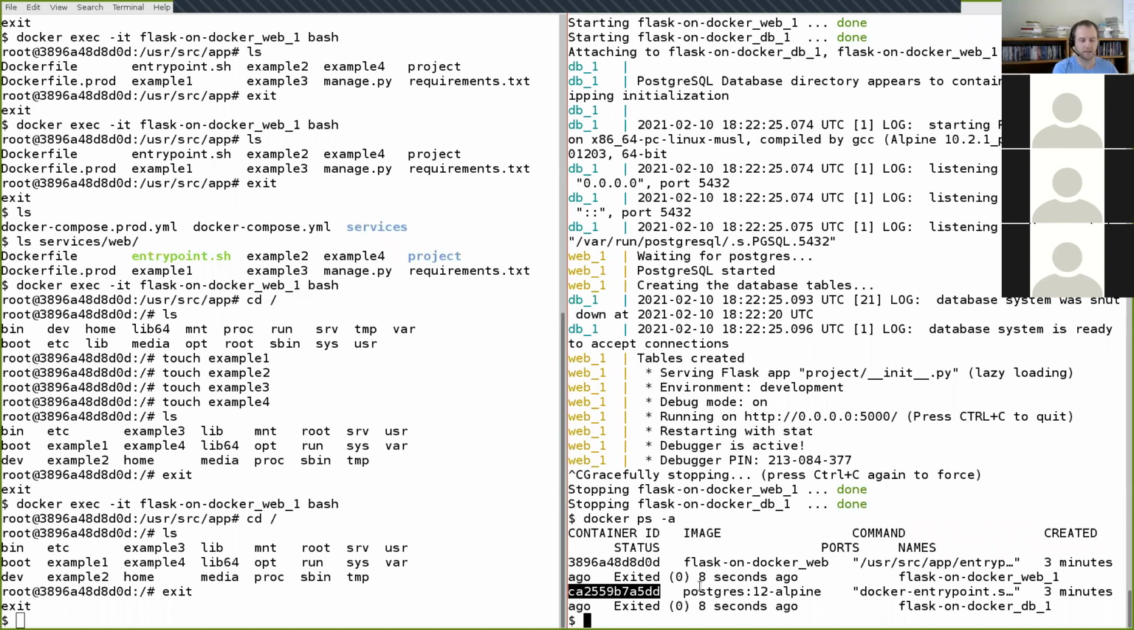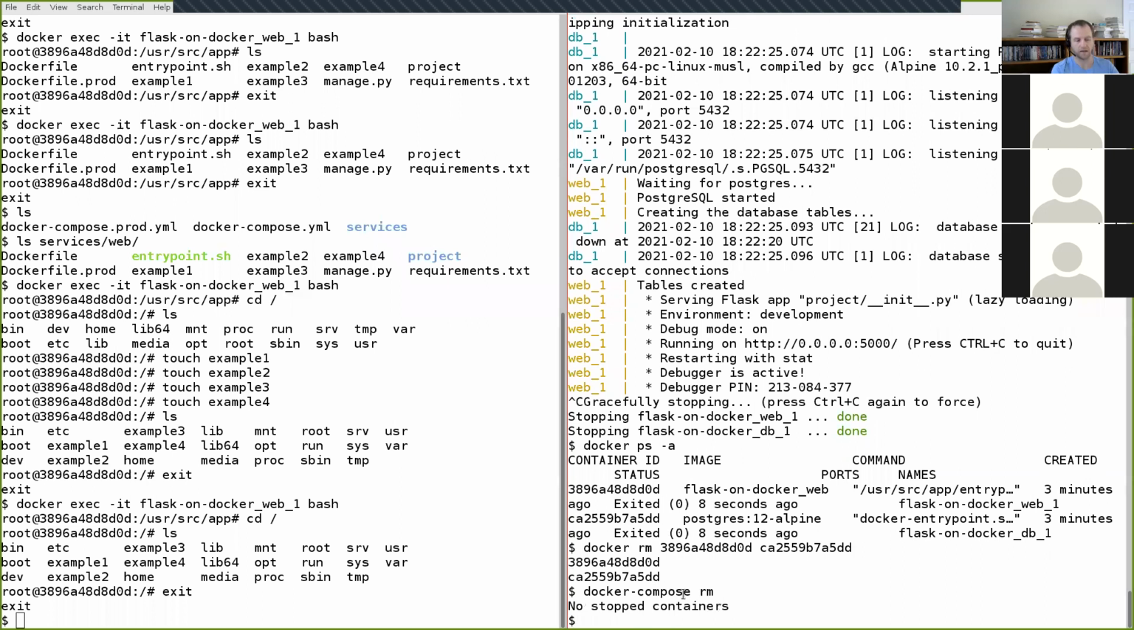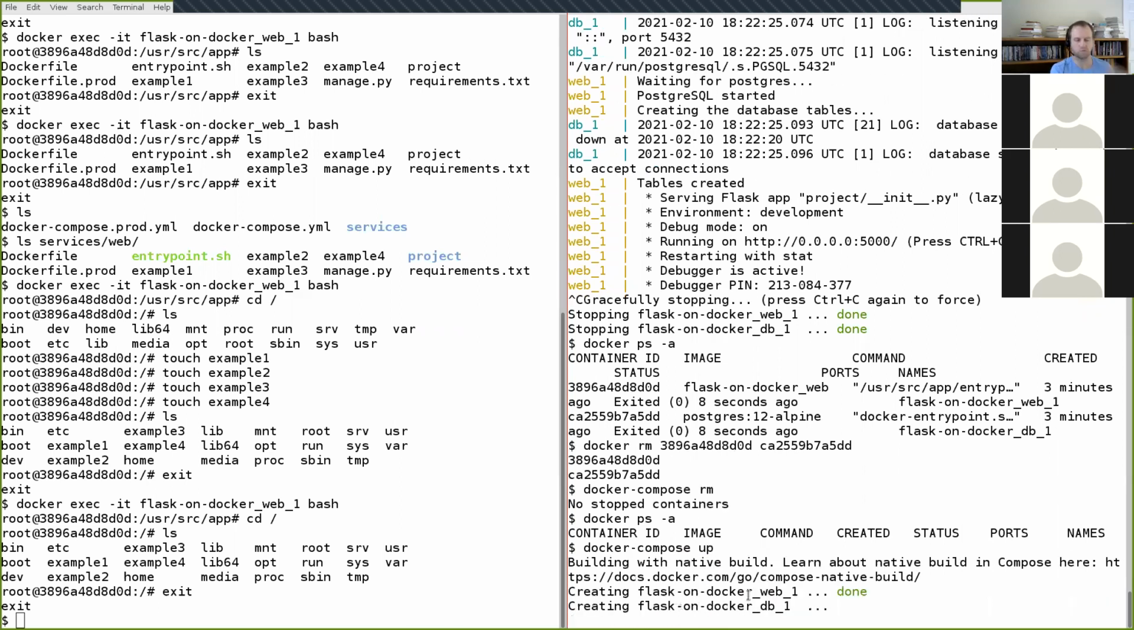In order to actually delete a container, it's docker rm, then the container ID. So in this case, I'll go ahead and delete both of these containers like that. Instead of doing it manually with docker rm, you could also do docker compose rm, and it will delete all of the stopped containers that you have for that particular Docker Compose file. Now, when I run docker ps -a, there are no previously stopped containers still existing in memory. And so if I do the docker compose up command like this, it has to recreate new